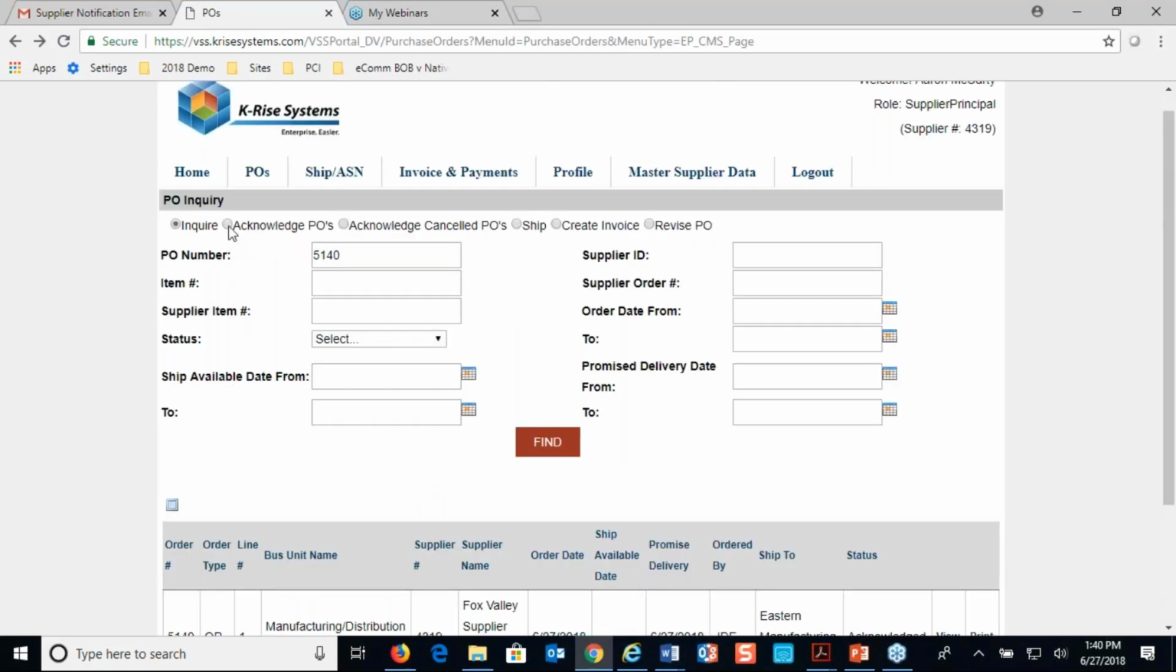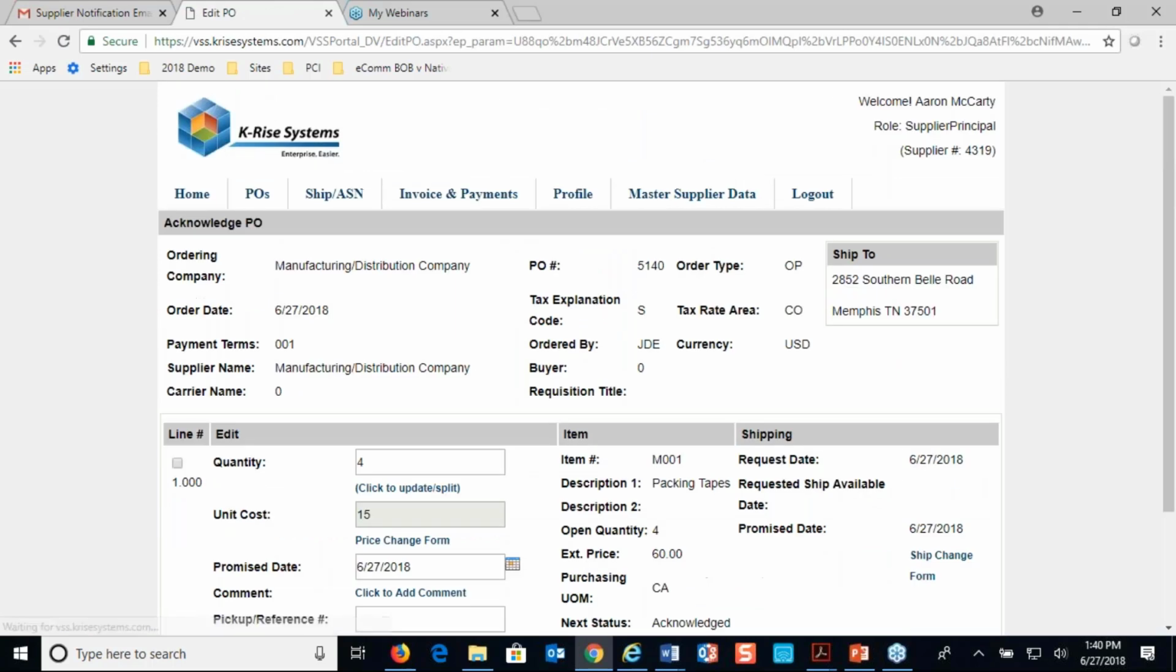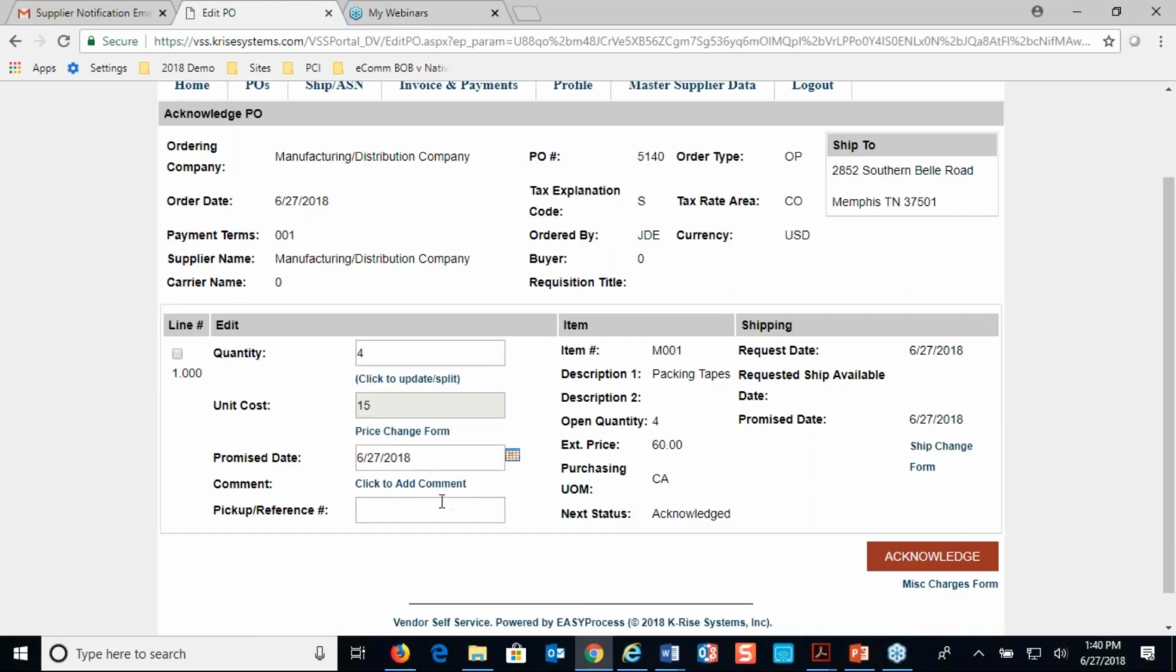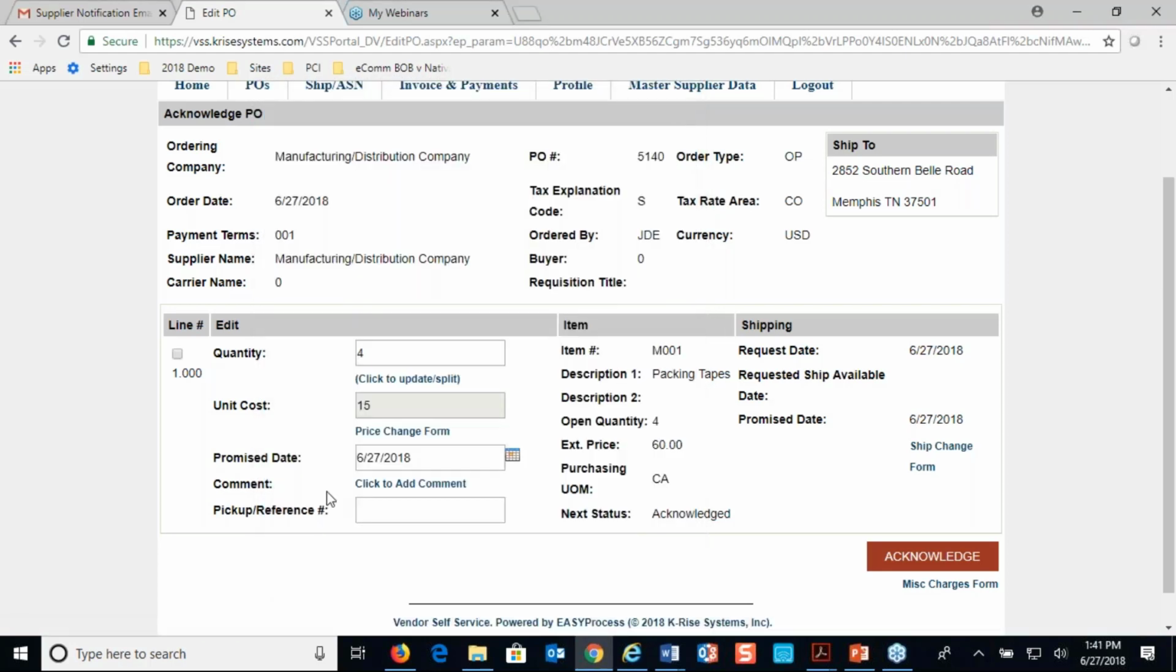And what I'm going to do at this point is go into the acknowledge bucket because that's what I want to do. I want to acknowledge it. I want to click on acknowledge. And so once again, if I wanted to split the lines, say for transportation purposes, or even split it and have two separate delivery dates, click to add comments. So this is a manual comment entered. I'm just going to show that and show how it's going into the media object. I can come up here. I can change the promise date, and that's going to kick off